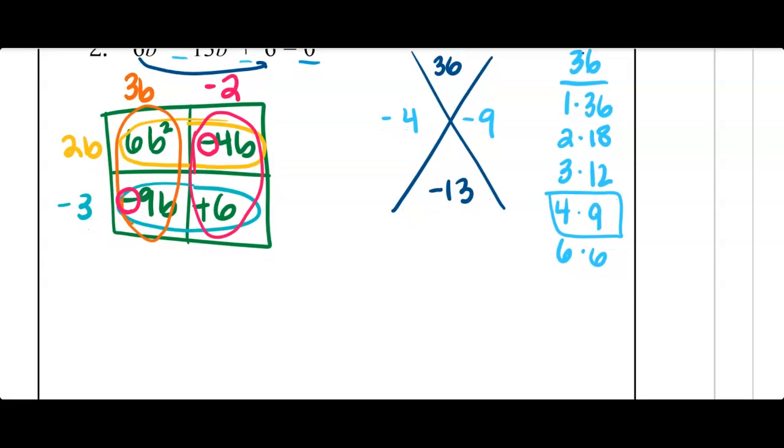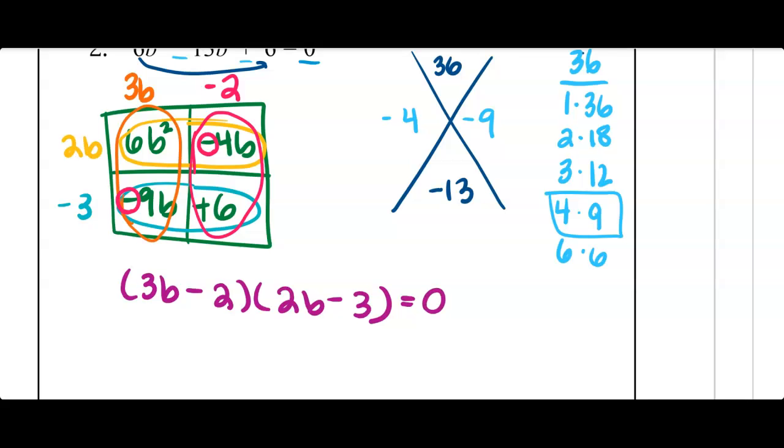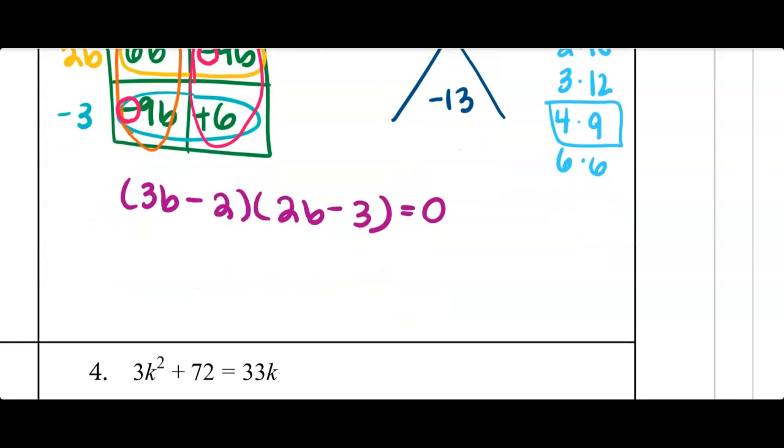Then we will write our factors. So these are 3b minus 2 times 2b minus 3. And that is equal to 0. And this is where it's just like before. We're just going to set each factor equal to 0